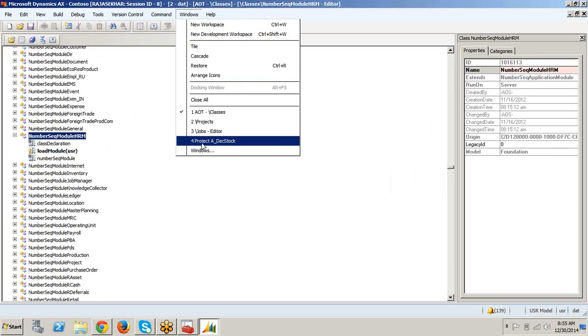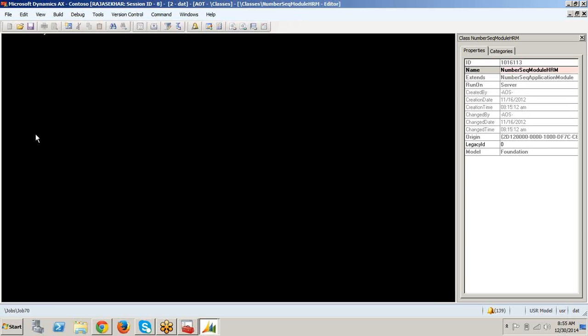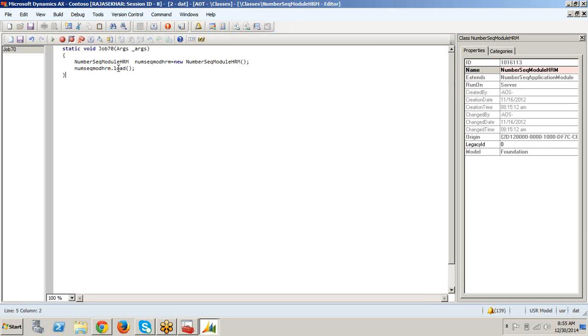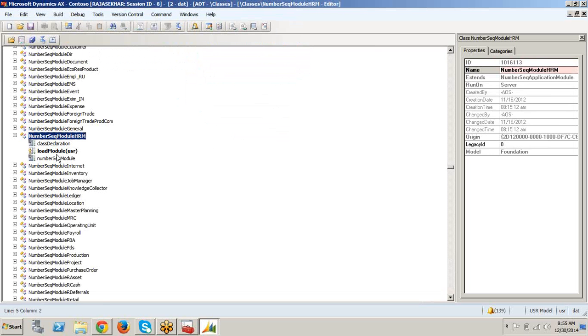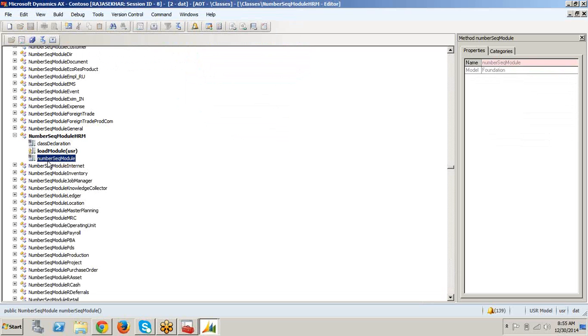Do you understand what I am asking? We are creating an object for this, and we are calling the load method, but the load method is not available here. Maybe base class method. Yeah, it is a base class method.